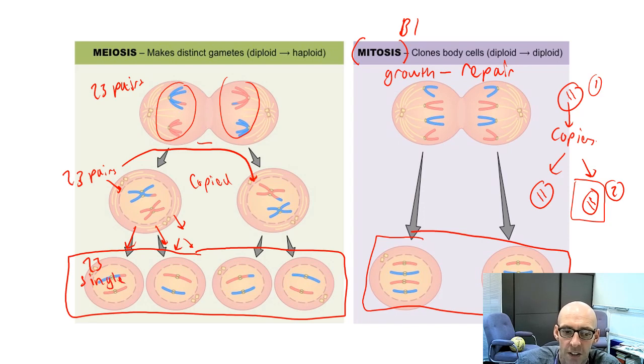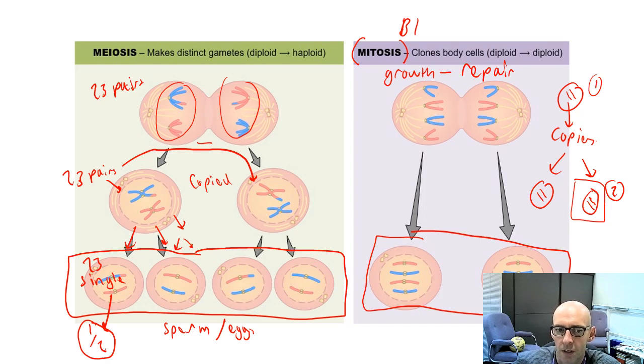Now, these sex cells, these gametes here, it might be sperm, it might be eggs. But these cells are only giving half the information, half of the DNA to make a new person. And that's why the sperm and the egg carry half the information each. If it's a plant, it's the pollen and the ova, they carry half the information each.